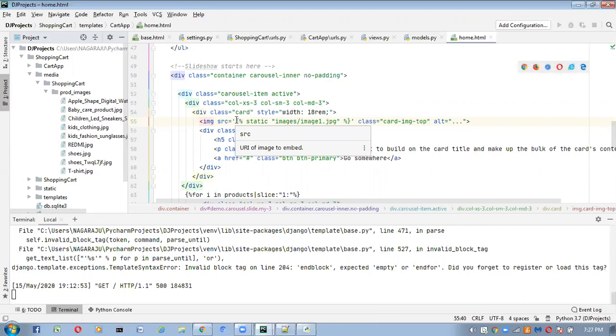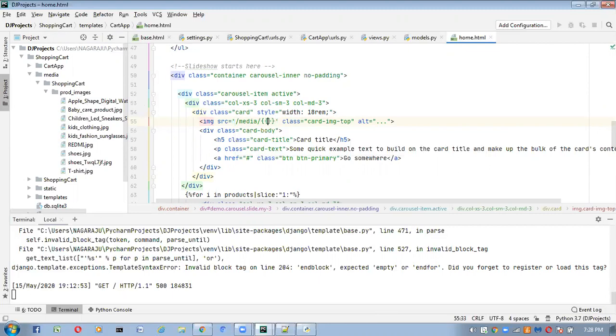Simple. Here we have to take like this, and inside this src we have to change the code like /media we have to take. After that slash, curly brace, Jinja code we have to take, like this.